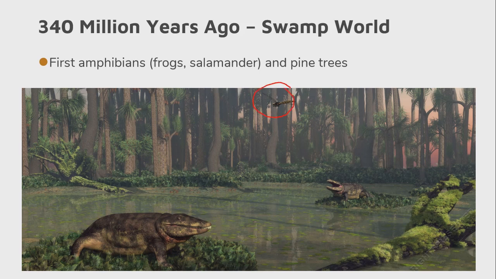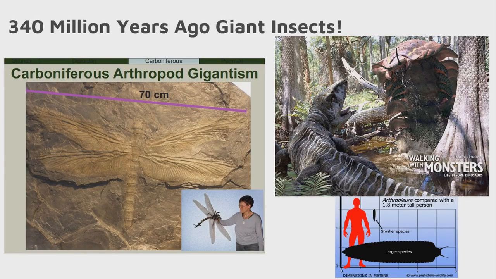So if we were a time traveler going back to this time period, I think we could recognize this world. Well, with the exception that the insects at the time, because the air was much warmer and actually the oxygen content was a bit higher, insects seem to grow way bigger in this time period. And